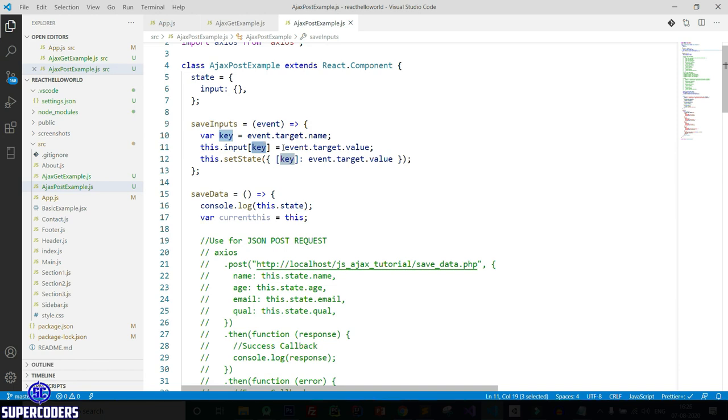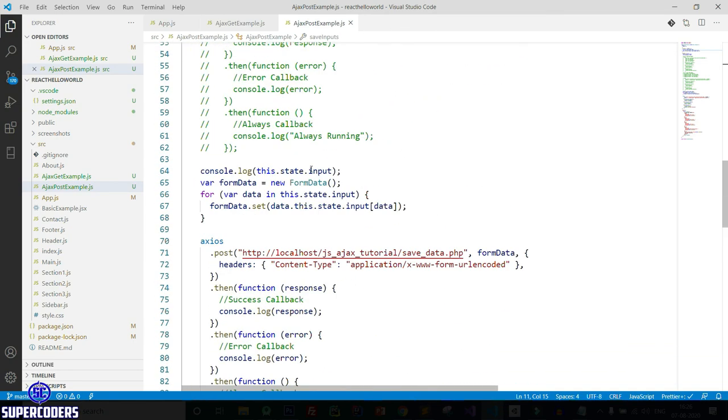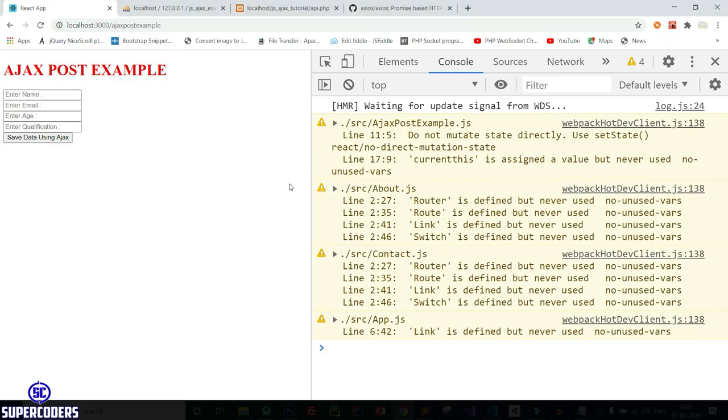Here it's showing an input error. Okay, here is the error, this.state. Now save it. Also let's see the bottom. Okay, this is okay. Now save it. Refresh page. Now let's see if it is working or not.